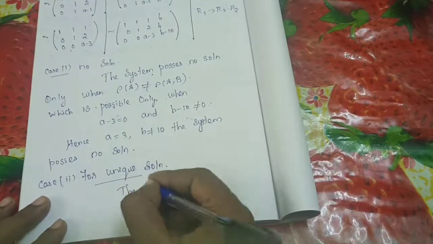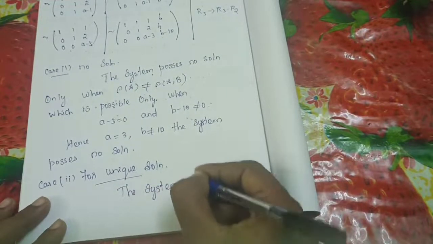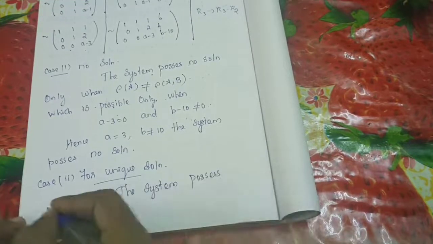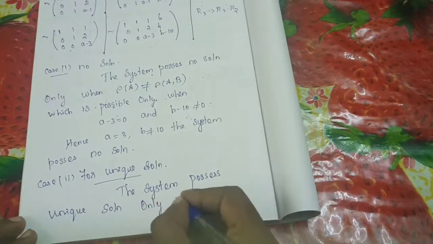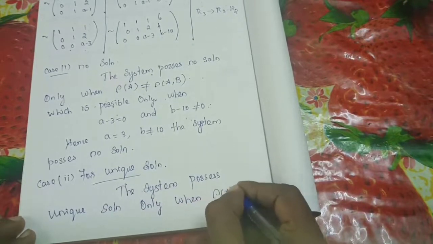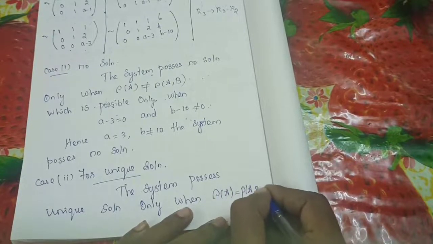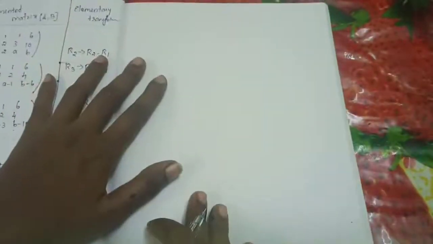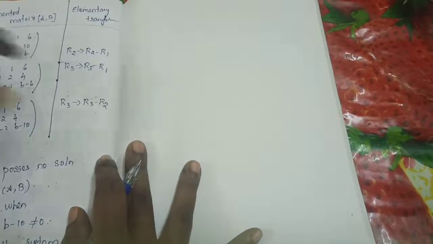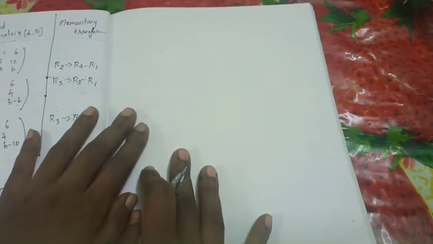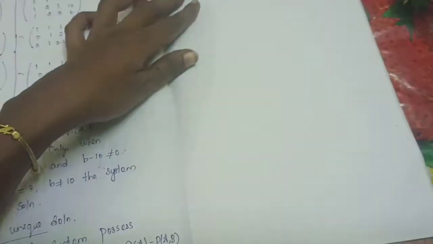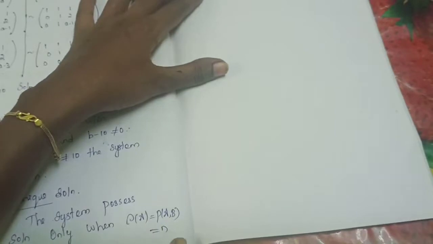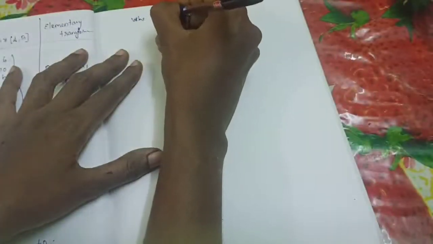Understand? So the system possesses a unique solution only when rank of A is equal to rank of [A, B], and the value is equal to n. Then only we can say the system has a unique solution. Understand? So when will rank of [A, B] be equal to rank of A, which is equal to n? That is possible